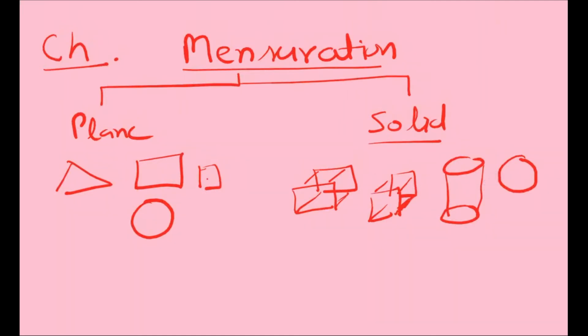Okay, so if you want the area and perimeter of this type of the shapes, you have to study the video, that is perimeter and area. If you want to know about this, you have to study the chapter perimeter and area, go through that video. Okay, so now we will start the solid geometry. Okay, so student, now first we will study what is the prism.